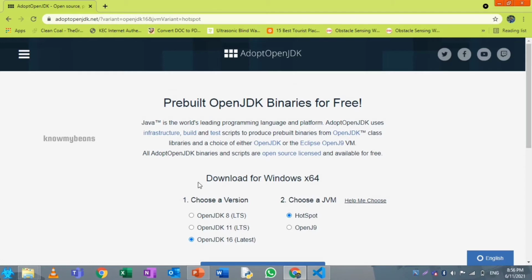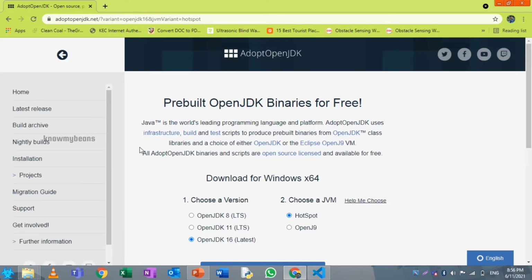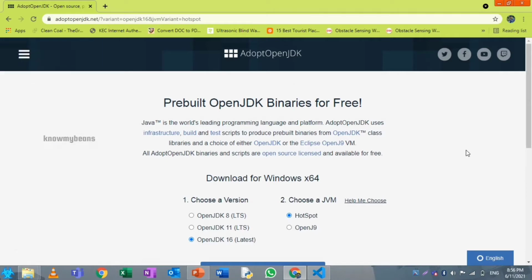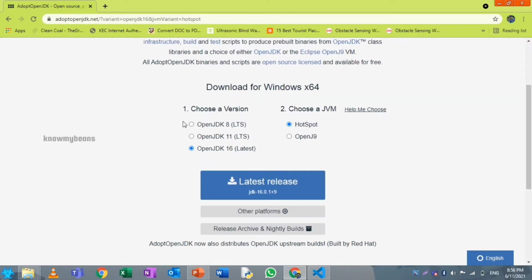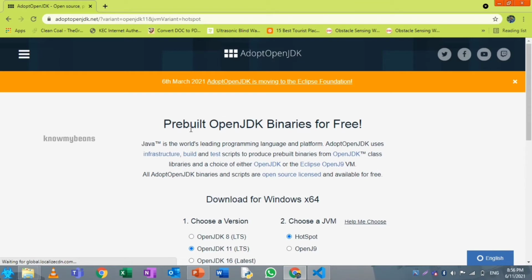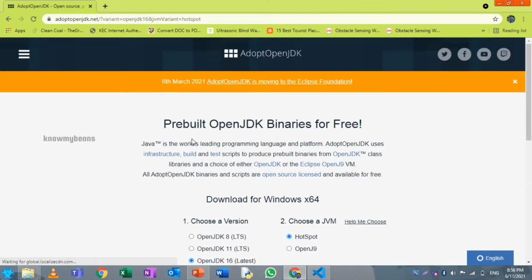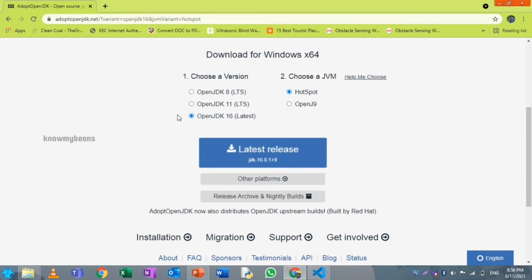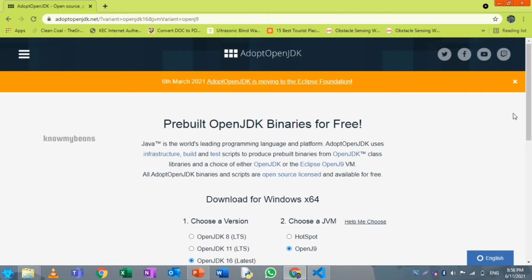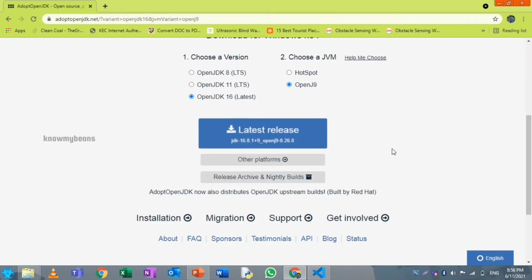In this video, we are going to see about downloading Java 16. For this, we are going to the website Adopt OpenJDK. It is a free, open source website for downloading higher versions of Java. Since the Oracle version of Java from Java 8 is a paid version, you can actually download from this OpenJDK